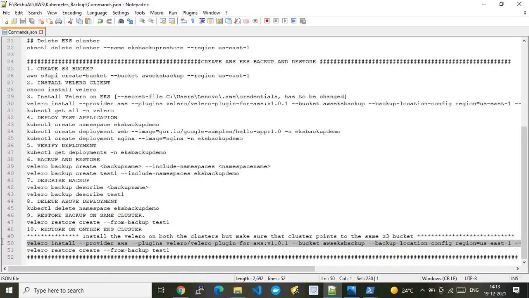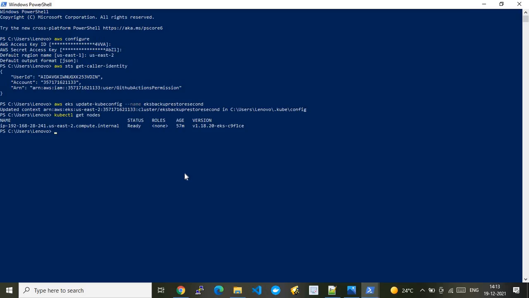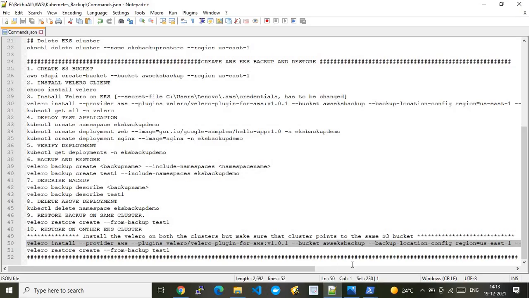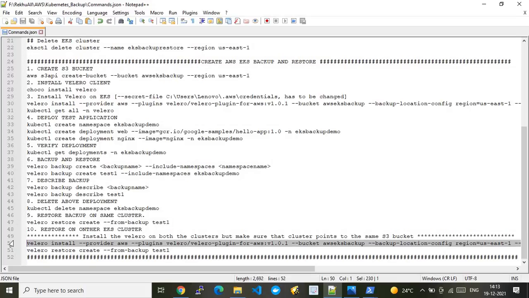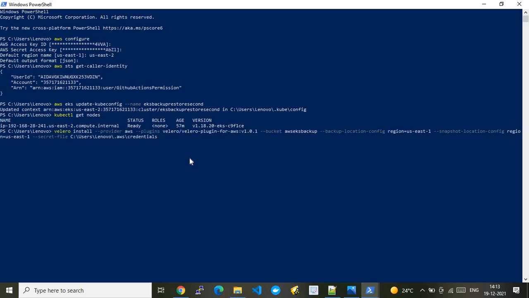So here I will run this command. And that too here in the secondary pane. Okay, so let me copy it again properly. I think it didn't copy. So let me copy properly. The commands are very big, right? So if we miss something, it will not run properly. Here you go. What I'm doing is I am configuring the Velero software.